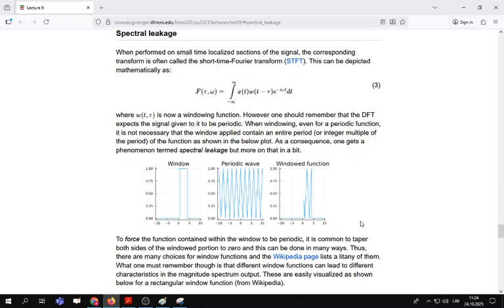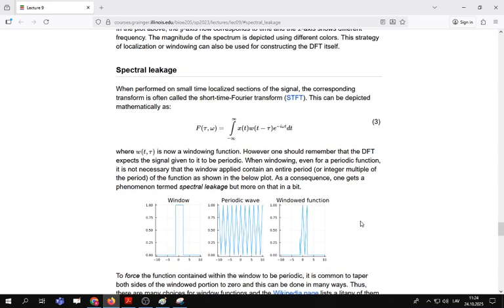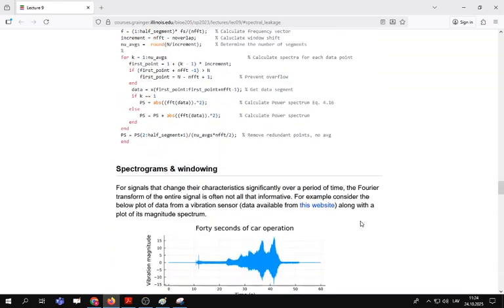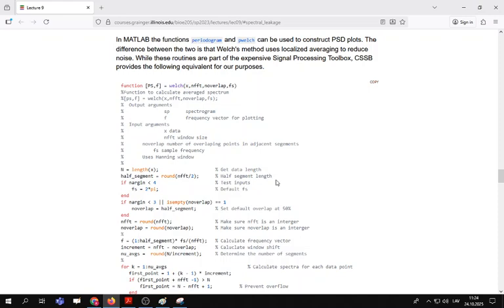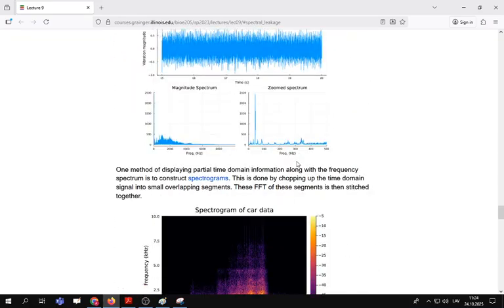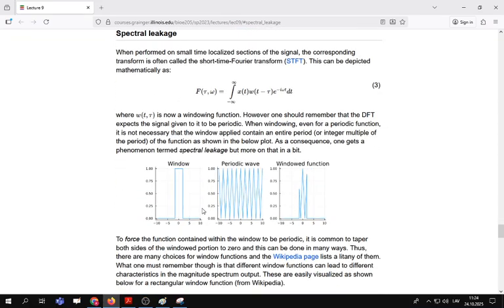Window function. So some spectrograms, the same stuff we've had. Some programs, yes, which we will discuss as well. I think we will use or not. I don't remember this particular one, but we will have our own. But what's important here is this